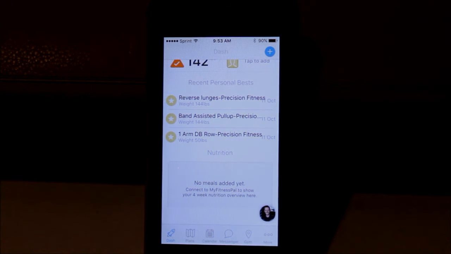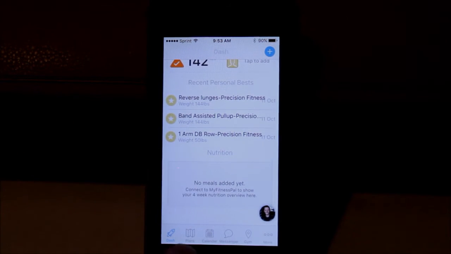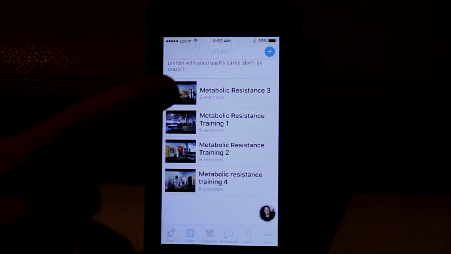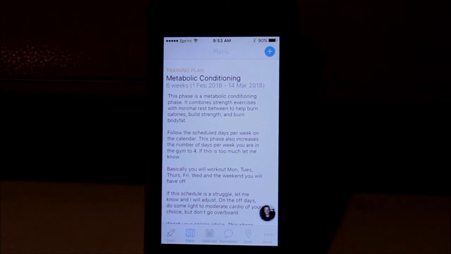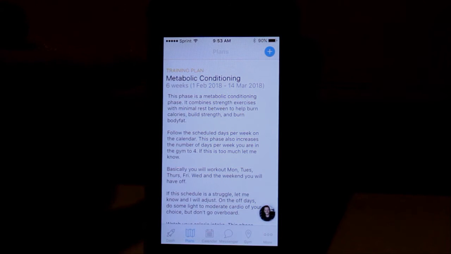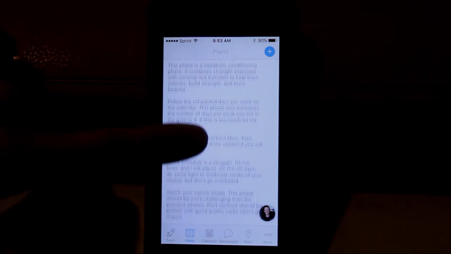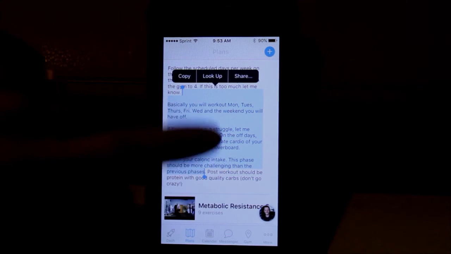Down along the bottom here, you have your dashboard, that is what we are on right now. The training plans, that's the next one. This is the part that gives you an idea of what your current training plan is. Your training plan basically is a month's worth of workouts, or however long your trainer sets it up. It'll give you the name of it, how long it is, the dates, and a description of what is involved in that training plan, as well as down here,